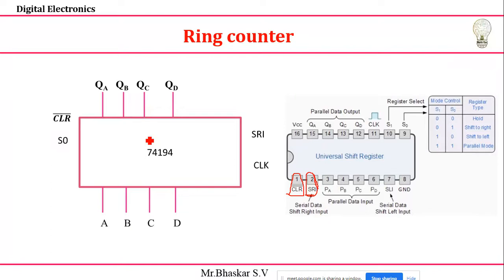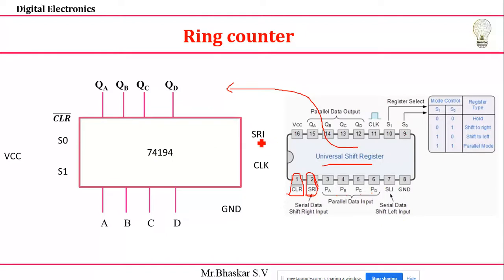Okay. Next, I'm going to use S0, and one more I'm going to take is S1. And I'm going to use VCC and ground. So these are all the pins I'm going to use for the connection, because it is a universal shift register. I'm going to convert this universal shift register into a ring counter circuit. I'm designing my ring counter circuit. Carefully see, PA, PB, PC, PD are just like A, B, C, D inputs, and QA, QB, QC, QD are my outputs.